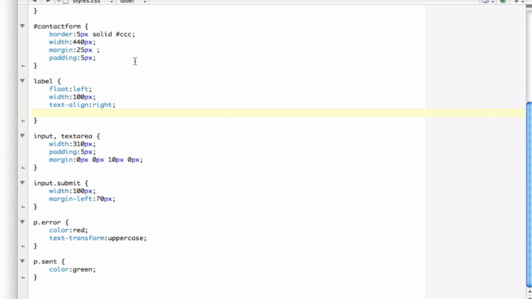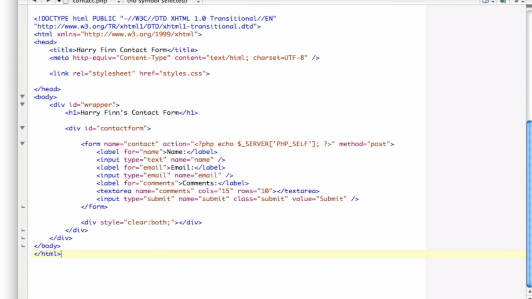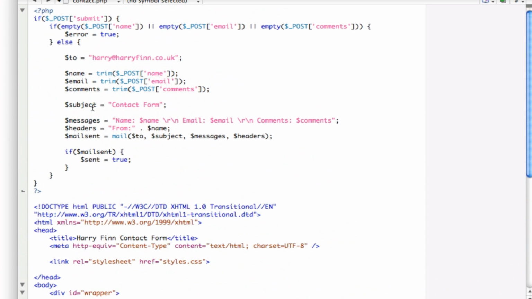There we are, TextWrangler. Right, I'm going to pop back onto the contact page, and what we're going to do is pop up to the top here where I've got my PHP. Okay, so remember, when you save this document, we're going to want to save it as contact form, contact us,